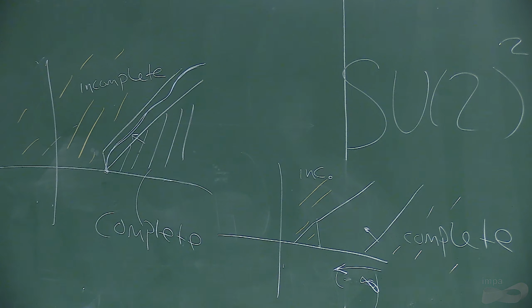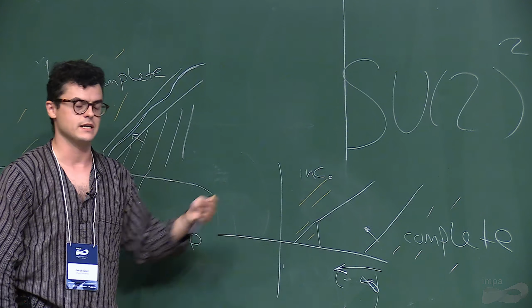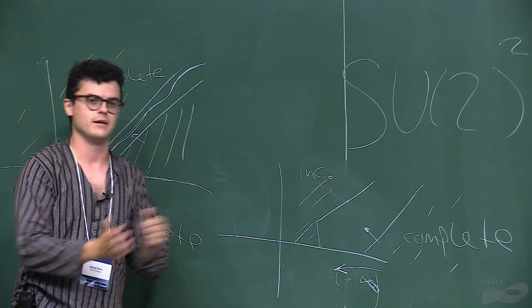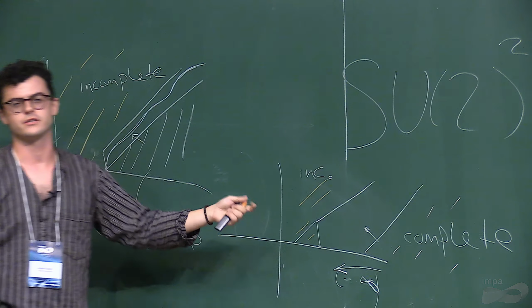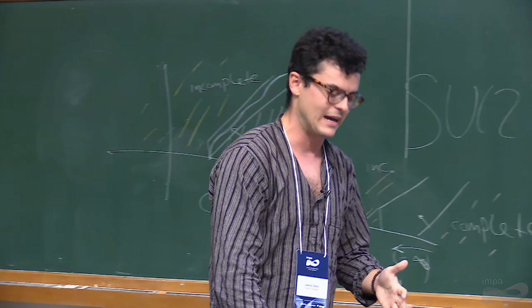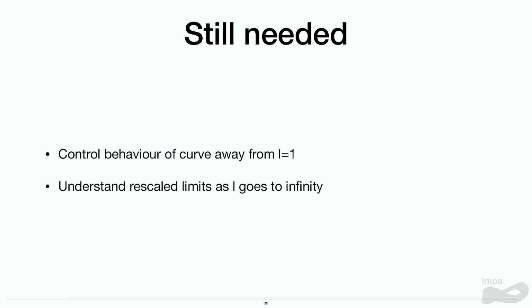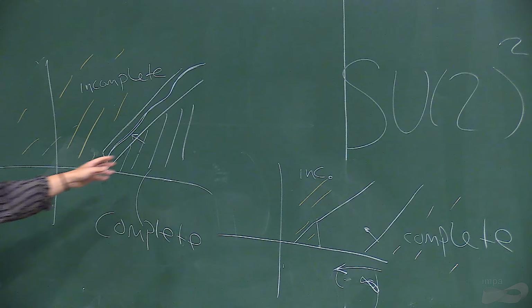You can prove this incomplete subset is always there, and that your complete subset basically exhausts all possible solutions, so you must have this convergence. However, it doesn't tell you very much about how smooth this is, it's a very bad convergence. So what we still need is